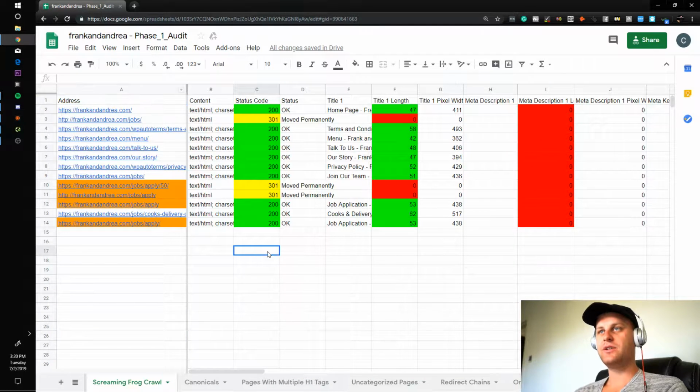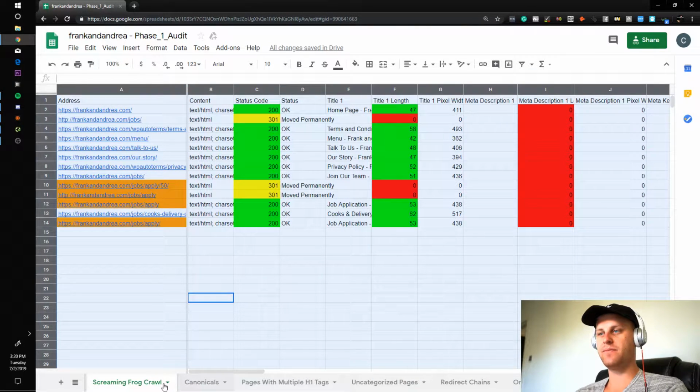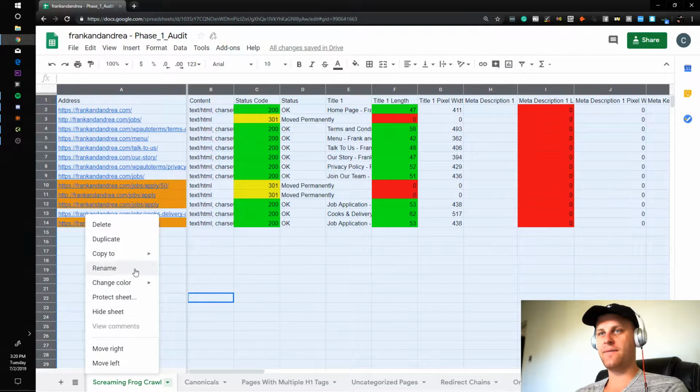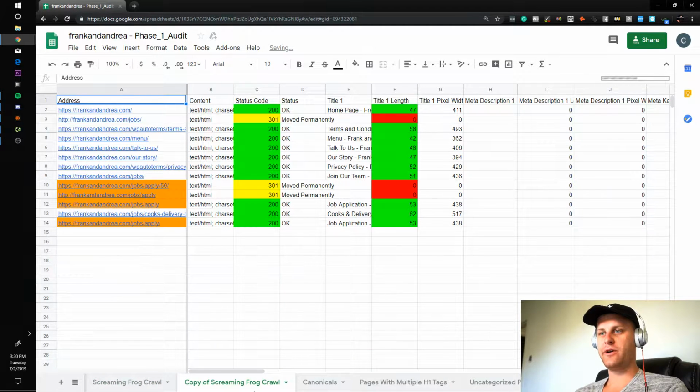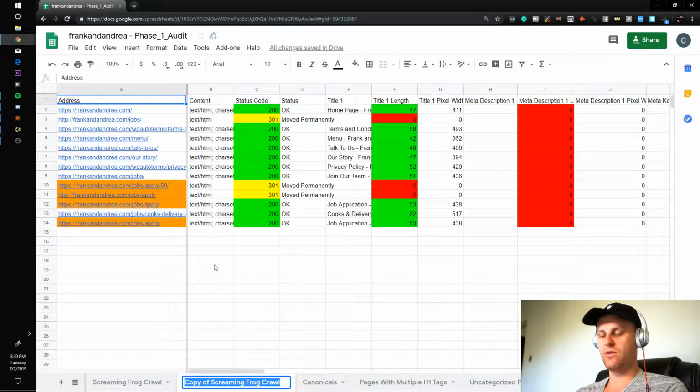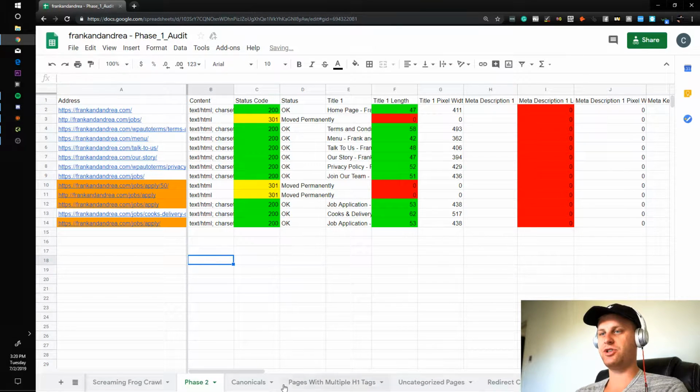It doesn't really matter. So the point is what we're doing right here is we want to take all of this, we want to create a separate sheet. So we take the Screaming Frog crawl and we basically create a duplicate of the Screaming Frog crawl. And that's how you start out with phase 2. So you can rename this to phase 2 if you want, or you can have a completely different sheet for phase 2 if you'd like. Doesn't really matter. But the point is that what we're going to do is we're going to now